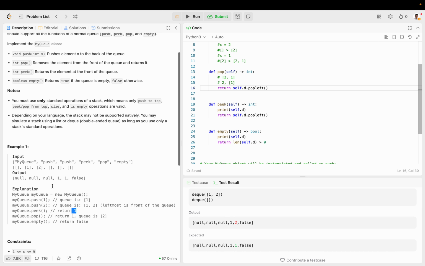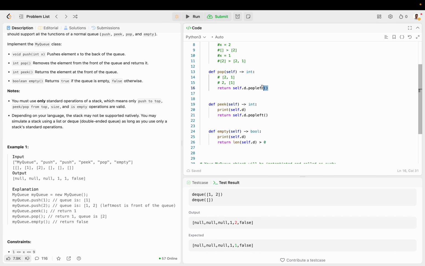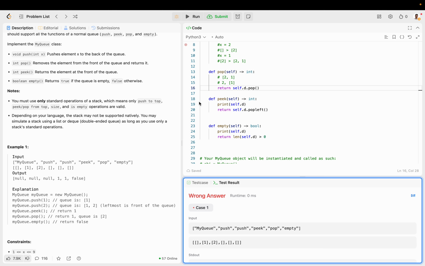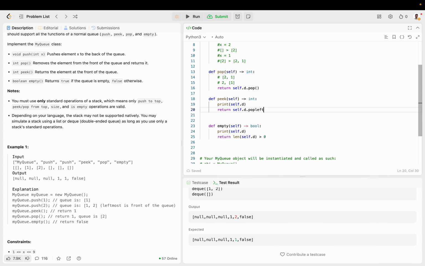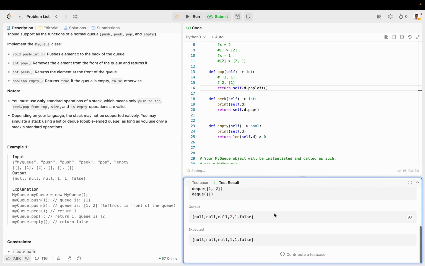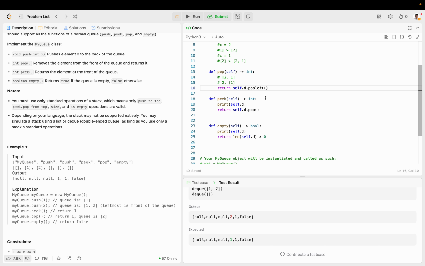So pop removes the element from the front of the Q and returns it. Returns the element at the front of the Q. Self.d.pop. We're just going to have to play around with this a little because the language is pretty unclear here. What we're being asked to do